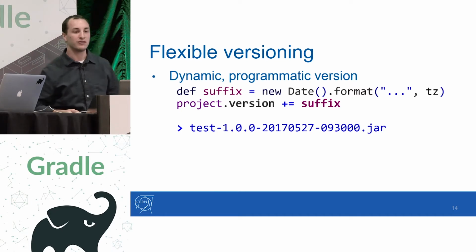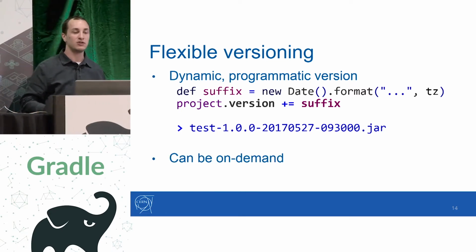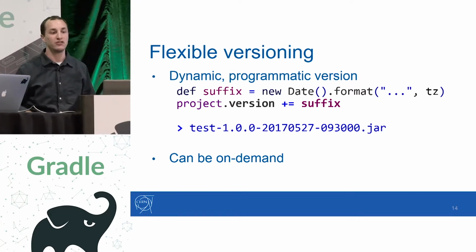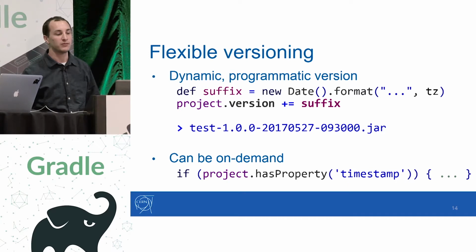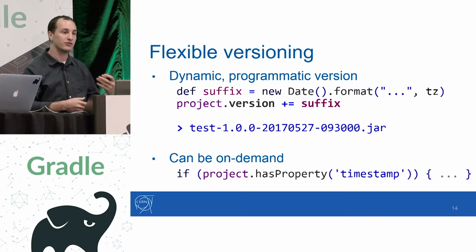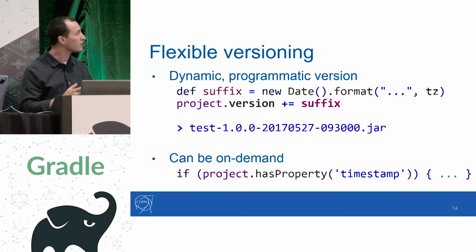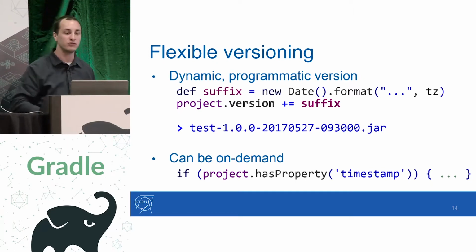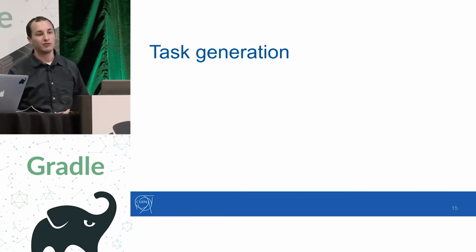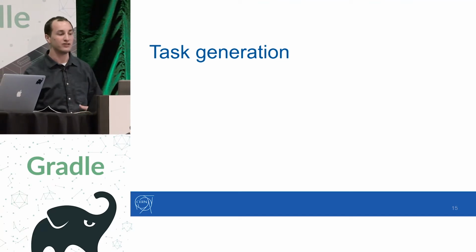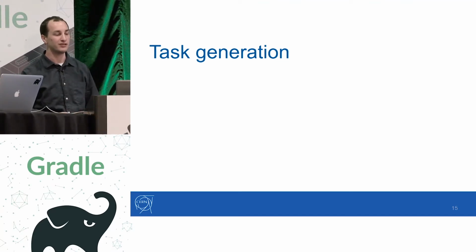And of course, as Gradle can be dynamic, we were able to make it on demand. So when it was not needed, we were able to turn it off and on with a simple property. So again, this is obviously not the most advanced example, but it shows how simple it is to do anything with Gradle. Moving on to another topic that we found a bit more powerful, and it was a real enabler for making the transition,